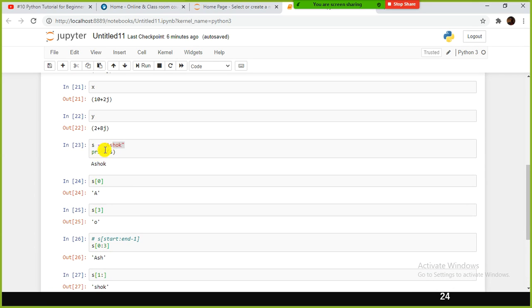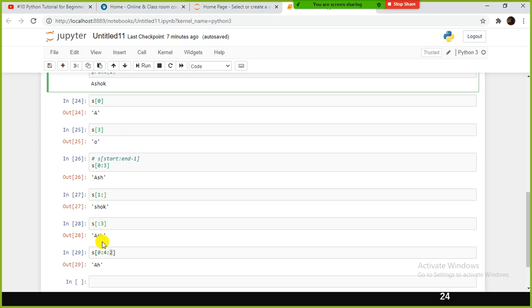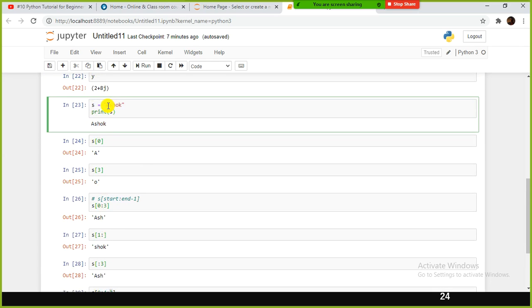Start from A, and then jump to the second one, H. Here 0 colon 4, right? It will select all the values 0, 1, 2, 3. It will have only ASHO in it, right?